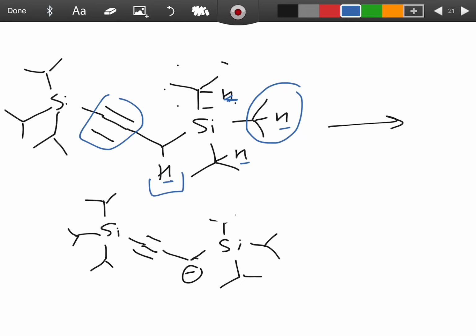But you've made this one slightly more acidic by putting it beside a triple bond, and you've made it slightly easier to get to, because you've got a whole bunch of isopropyl groups on your silicon that are going to make it hard to get to those carbons, or to those hydrogens. So step one is to be able to make that anion and make it so you can select for it. Right? Now, in this reaction,